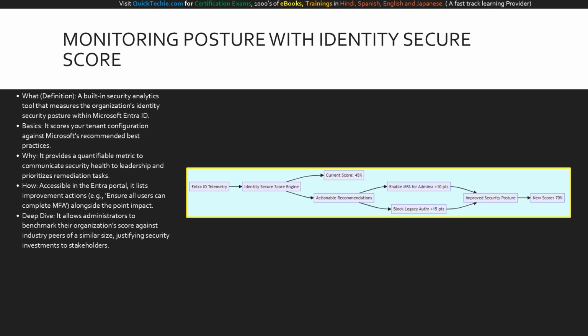But it doesn't just give you a number. It provides a prioritized, actionable checklist of improvement actions. For example, it might suggest, enable MFA for administrative roles, and show that completing this action will increase your score by 10 points. Furthermore, for the deep dive, Secure Score allows you to benchmark your tenant against organizations of a